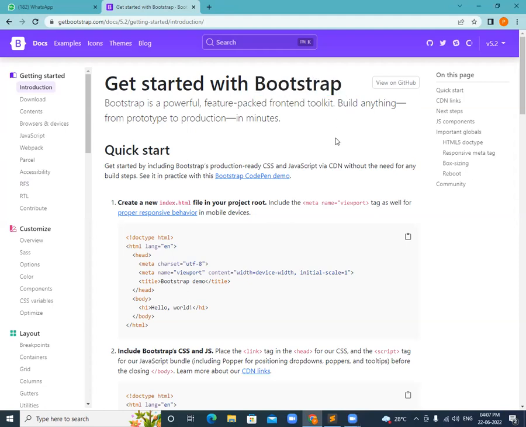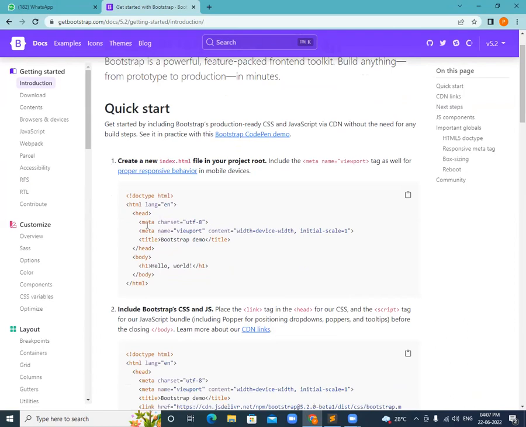Bootstrap is one of the CSS frameworks that we use to make our pages more responsive in nature. Bootstrap requires these two lines to start with. First one is the meta charset UTF-8, and second one is meta name viewport, which will help your particular device with the initial scale of 1. With the help of these two lines, I'm declaring Bootstrap into my HTML. If you copy paste these two lines in the head section of your HTML,